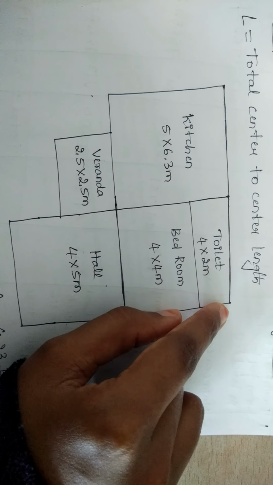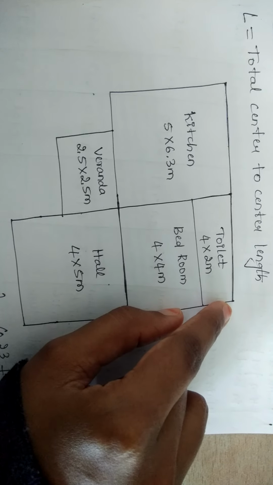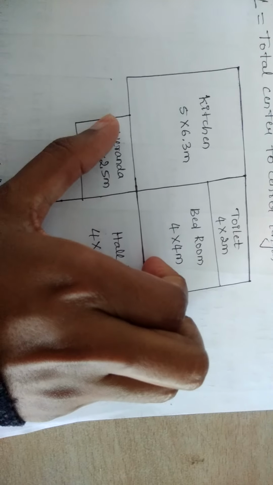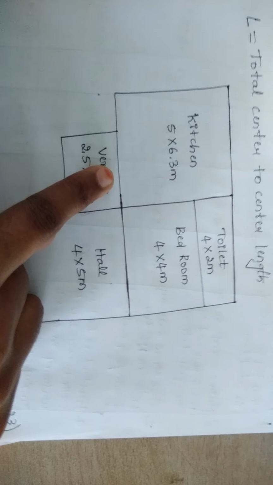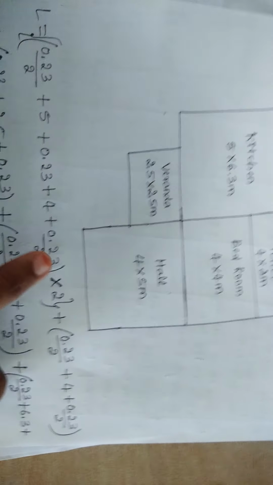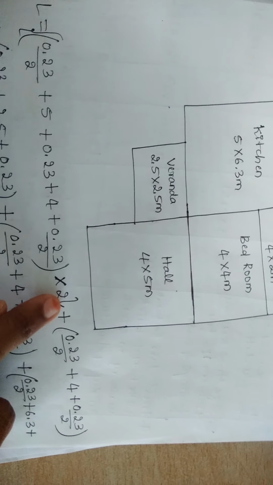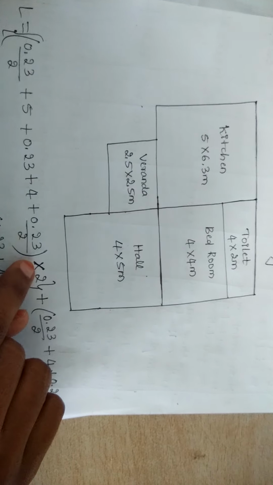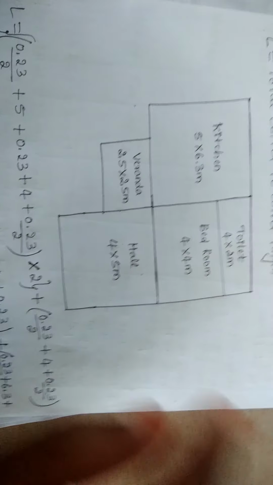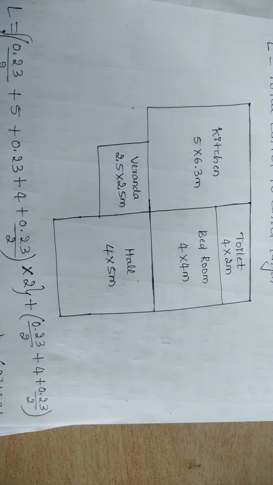And now you have to see how many walls you have with the same dimension. See, this wall is the same as this. As both the walls are parallel to each other and of the same length, you can finally multiply the whole value with 2. 2 walls you have like this. So hence I will be multiplying that with 2. So that completes the 2 walls.